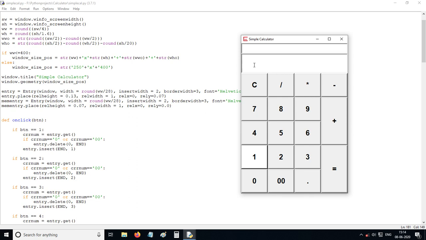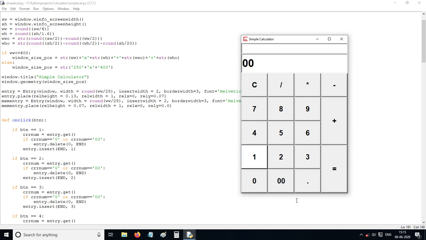If the button is 1, we will get the entry, whatever is in this entry, as the current number. If that current number is 0 or 00, that entry will get deleted. If it has 0 and we press 1, that 0 will be deleted and 1 will be inserted.